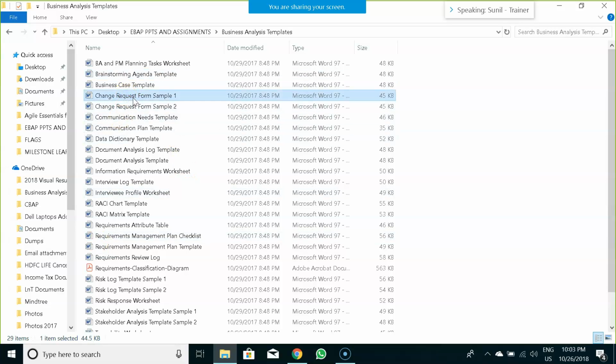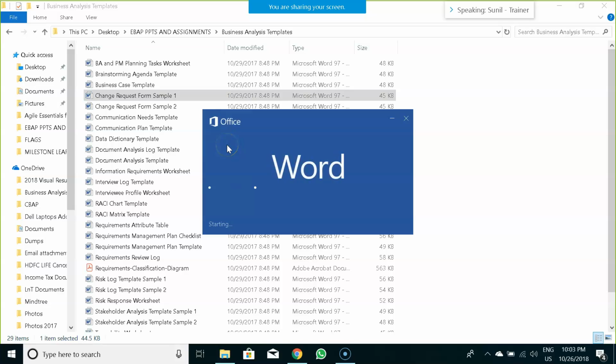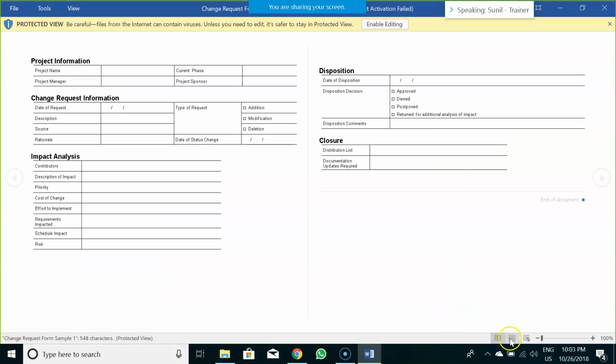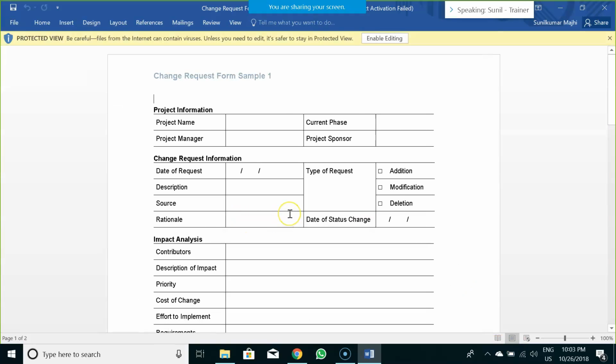Then you have the change request template. Now, what is a change request template? Change request templates are essentially used when you have already delivered your core project, your core development work has been delivered, and the customer is asking for a new change.